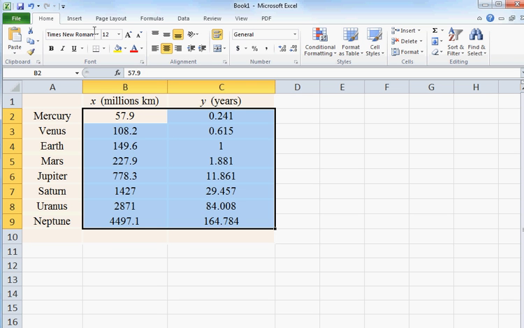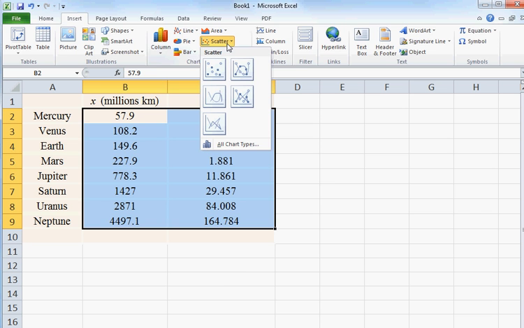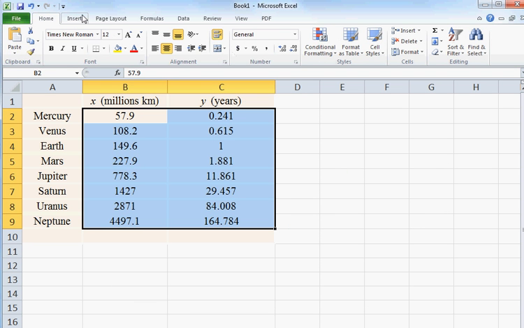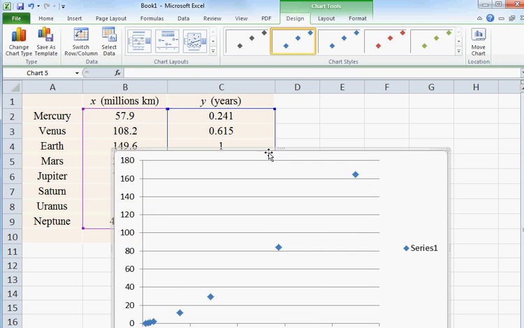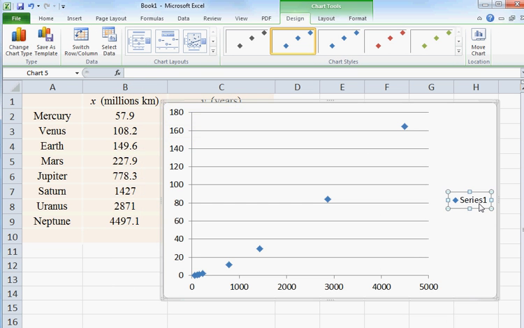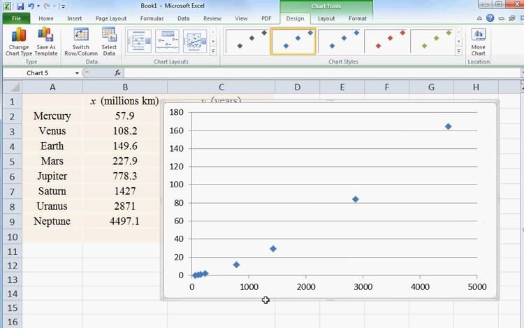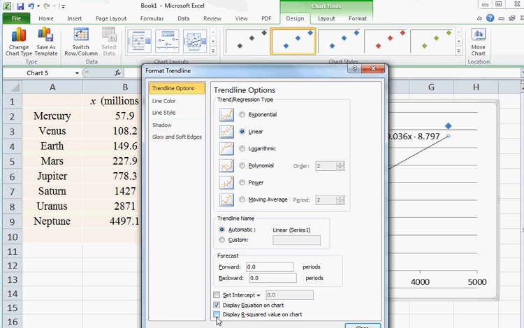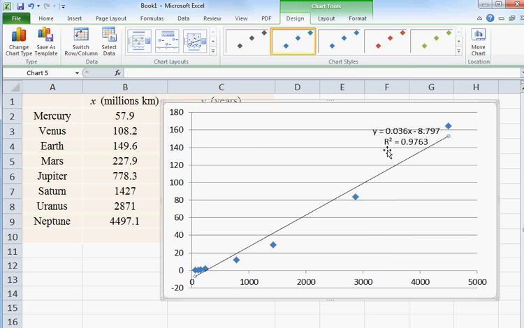Let's plot the scatter diagram here. So if I go Insert, Scatter, and choose this. Actually, I don't want to do that. Let me choose Insert, Scatter without the line. And if I fit the trend line, if I try to fit a linear fit, we see that we do get a value of r that is pretty close to 1. R squared is 0.9763. However, we can see immediately that the fit here is definitely not linear, that there's a